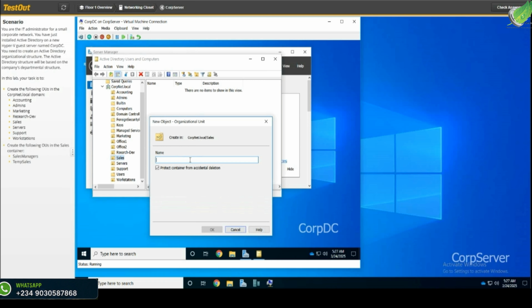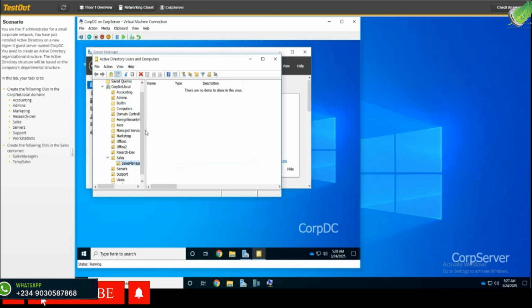So we are adding sales manager. All together, no space between them. Manager. And the next thing we're adding, still under sales, you have to click on sales. If you do not click on sales and you go ahead and click on this create,